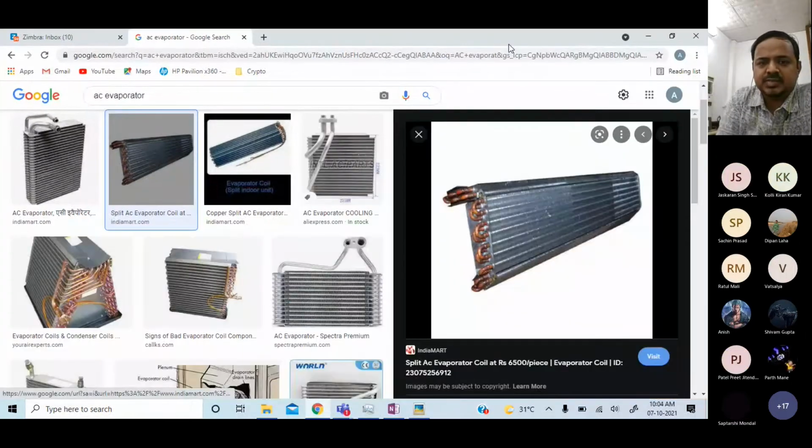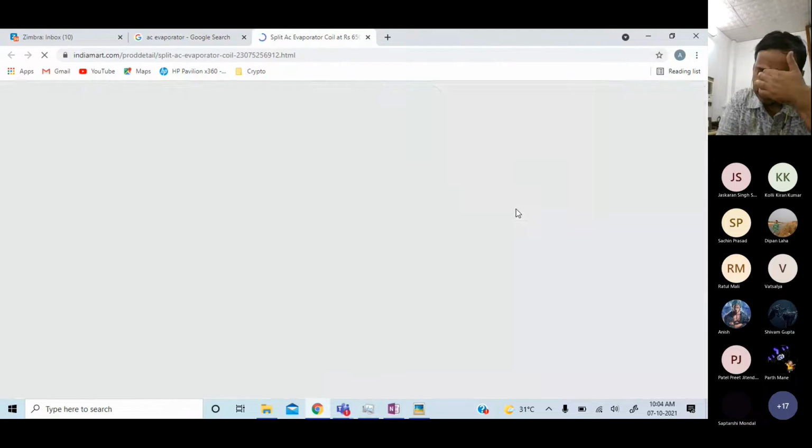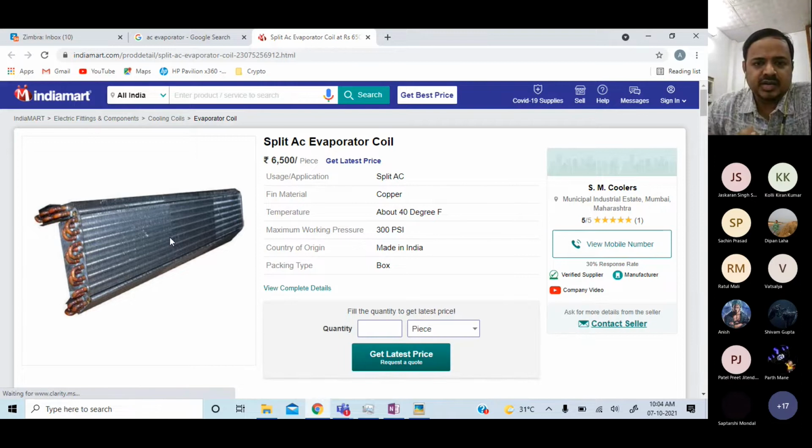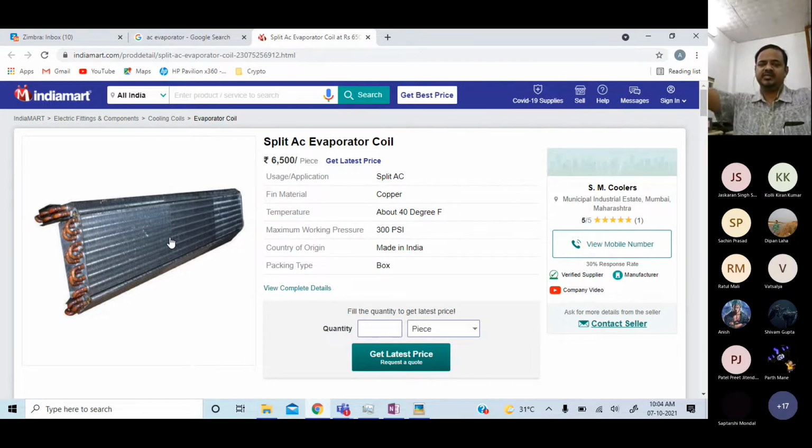If you look at it, this is something you have seen. This is the heat exchanger which we call the evaporator in a split AC. If you have a split AC at home, you can go up there, press it from the two sides, and you will see that the cover in front will come off. Lift it, and you will be able to see this. Behind this heat exchanger, you have a few fans which draw in air from the ambient and blow it out.